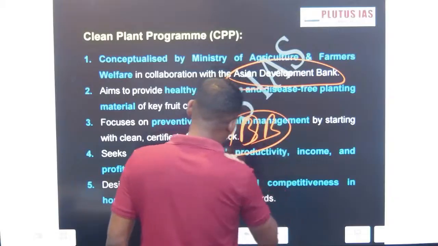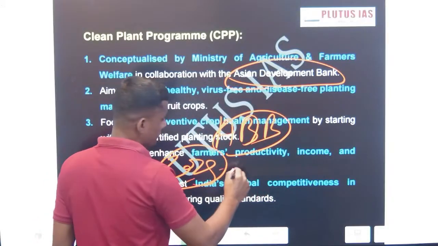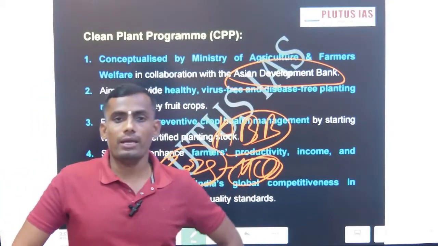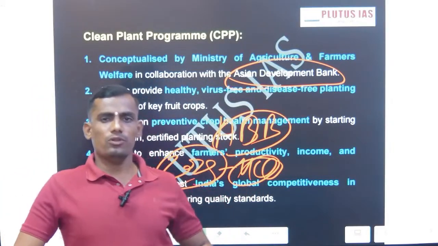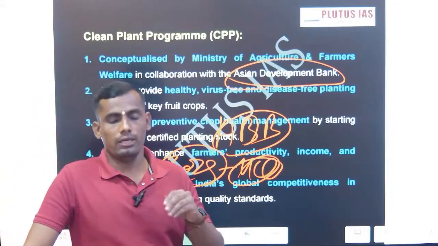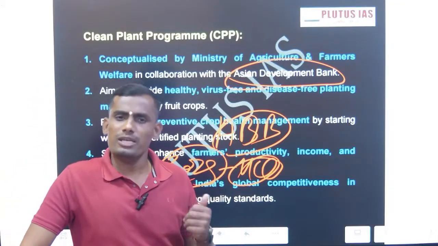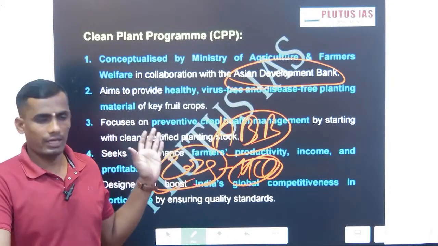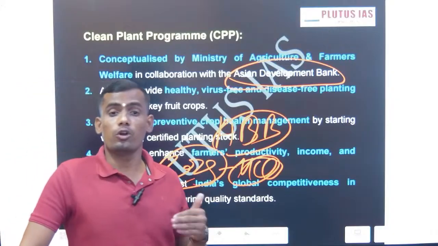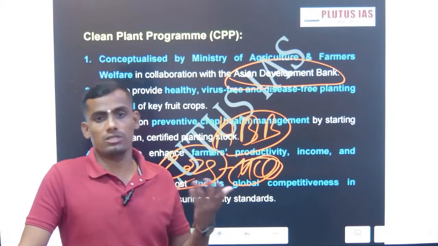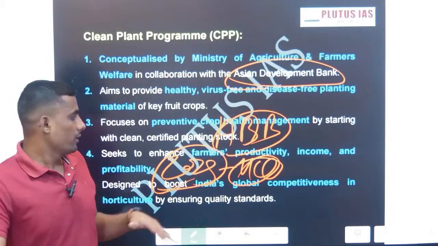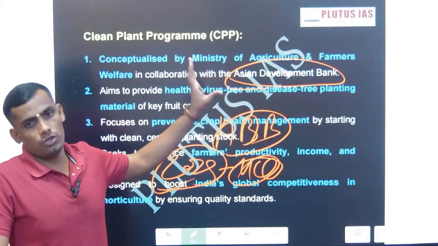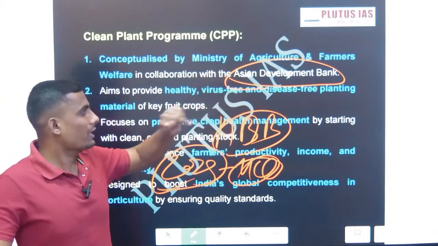If you see the 2025 prelims question, they asked which bank supports a certain project. As we know, there are 4 to 5 multilateral banks, where UPSC asks one or two questions in alternate years on the particular bank: the ADB, Asian Development Bank, then the New Development Bank, then the Asian Infrastructure Investment Bank, and so on. So this is the particular scheme, and who launched this? Ministry of Agriculture. Then who supported this? Asian Development Bank.